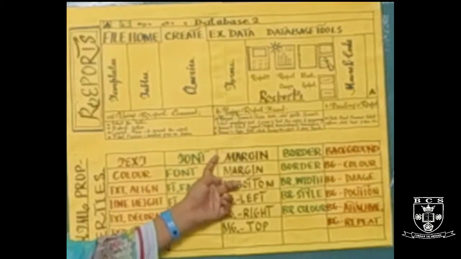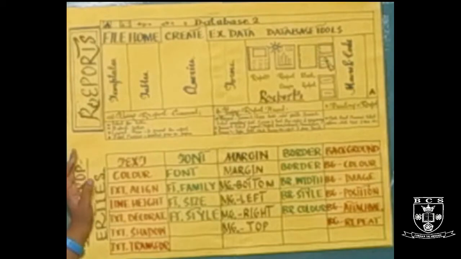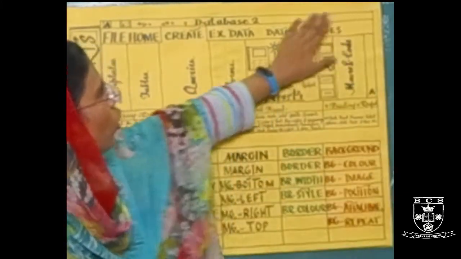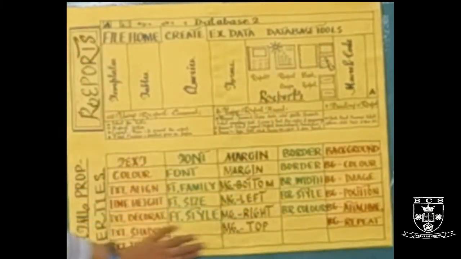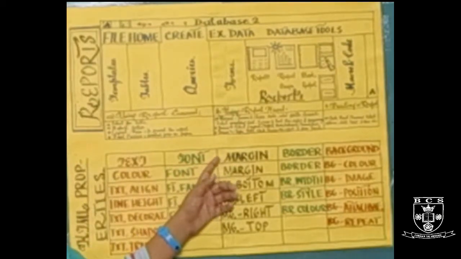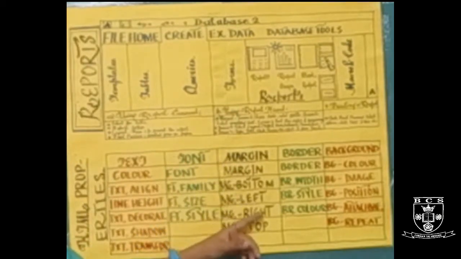Right after that, we have the margin. As I have told you, if you are looking at this particular sheet, it also has margins. This is your right side margin, this is your top side margin, this is the bottom side margin, and this is your left side margin. Because of these margins, this sheet is looking good, beautiful and easily understandable. So for our web page, we also use the margin property as margin bottom, left, right and top.